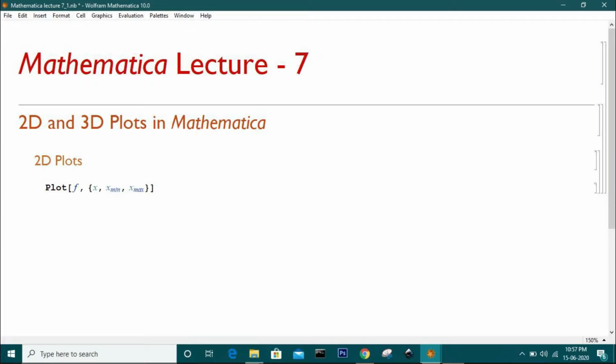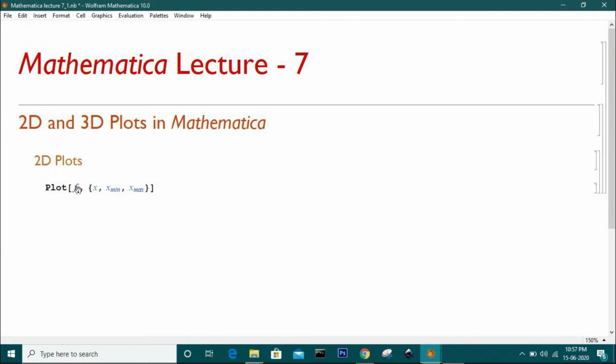So let's start the video. In this tutorial we are going to learn about 2D and 3D plots and how to make them attractive in every way so that readers grow more interest while reading your articles. Let's start with a very simple plot, say sin x, or you can plot any function with this plot command, and the syntax looks like this.